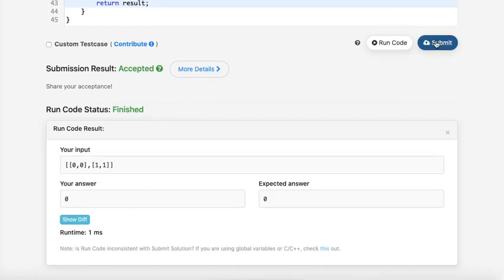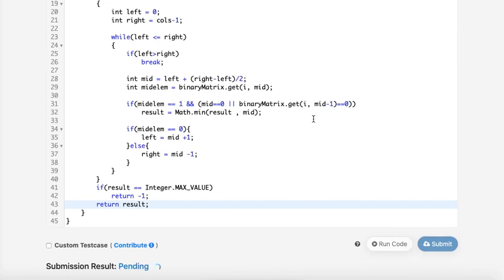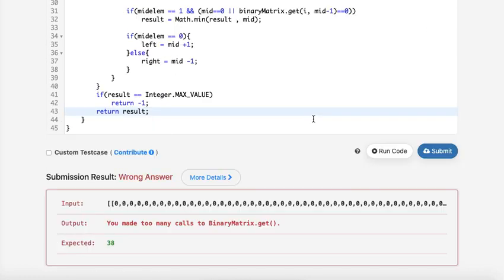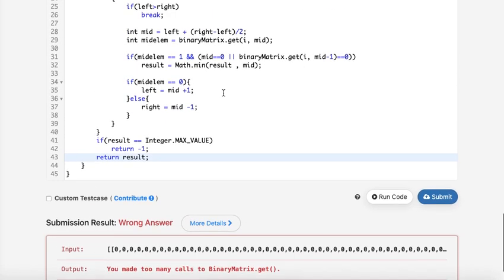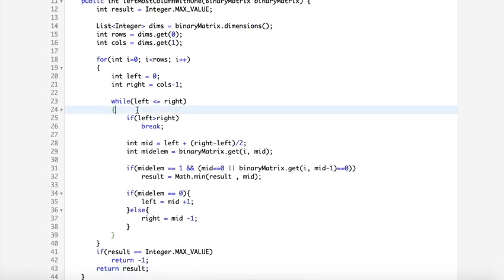We got the same answer. Let's submit this. Oops, we got this: too many calls we have made. So what is another optimization that we have to do?